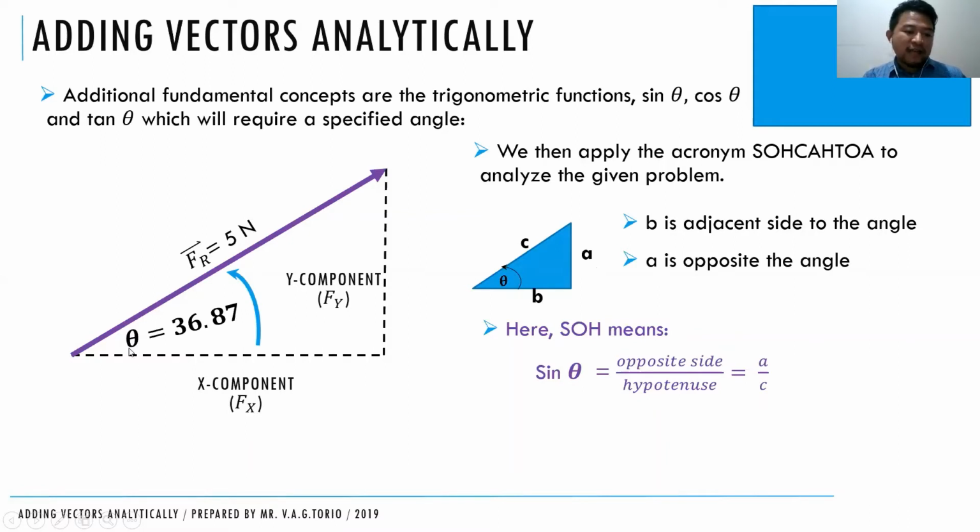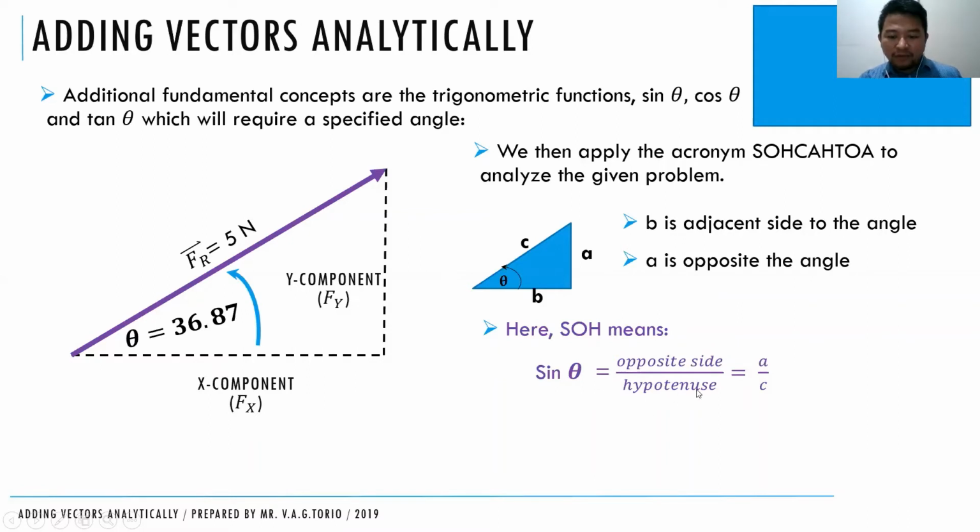That is the angle theta with the opposite side, which is the y component, and the angle theta with the x component that's adjacent, and the relationship between the opposite side, the y component, and the x component, which essentially will give us the trigonometric function tangent. So this SOHCAHTOA mnemonic device stands for